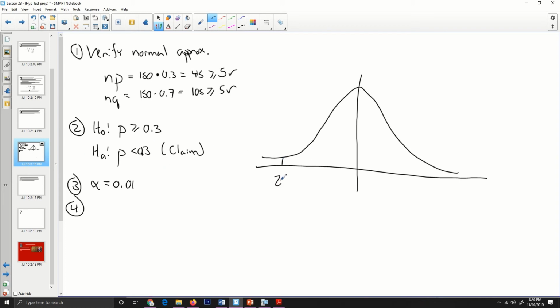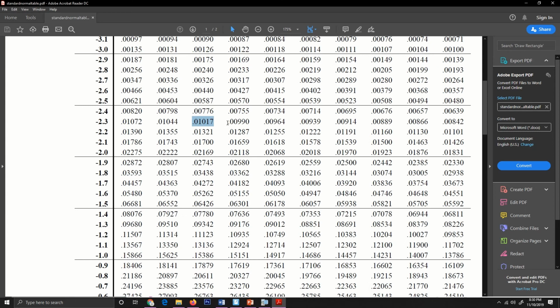So our z-score here is where we get, and I'm sorry it doesn't go down there, but this is going to be an area of 0.01. This z-score is clearly going to be negative. If we go to use a table here, if you look right here on this particular table, this is the closest value I get to 0.01,